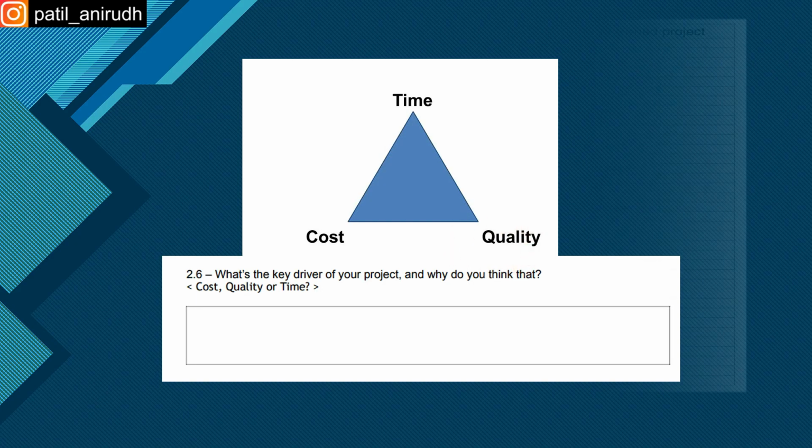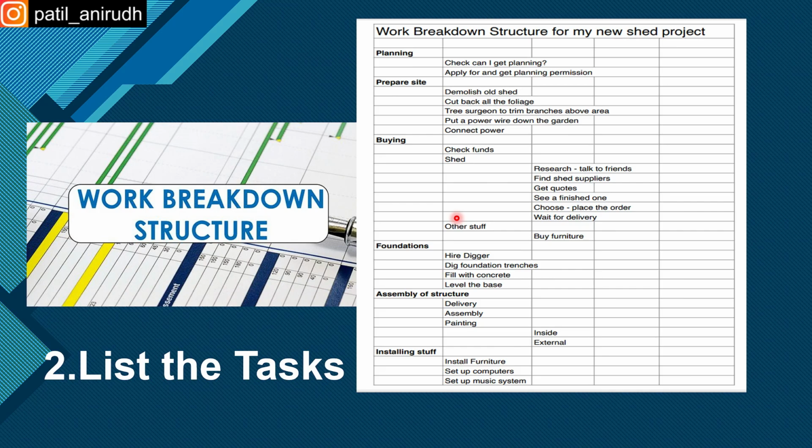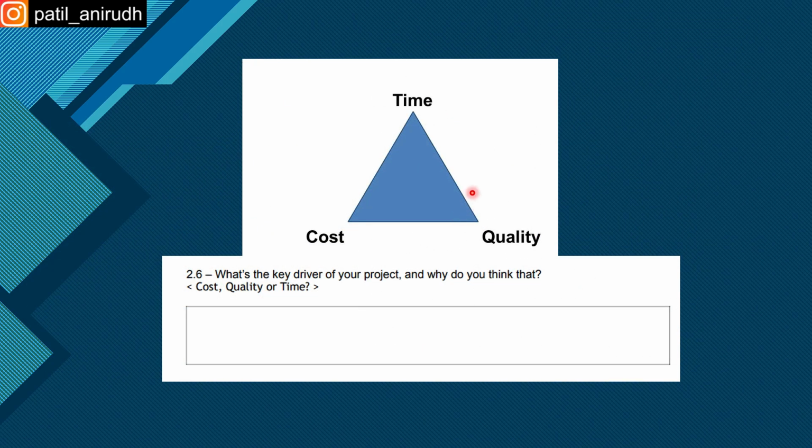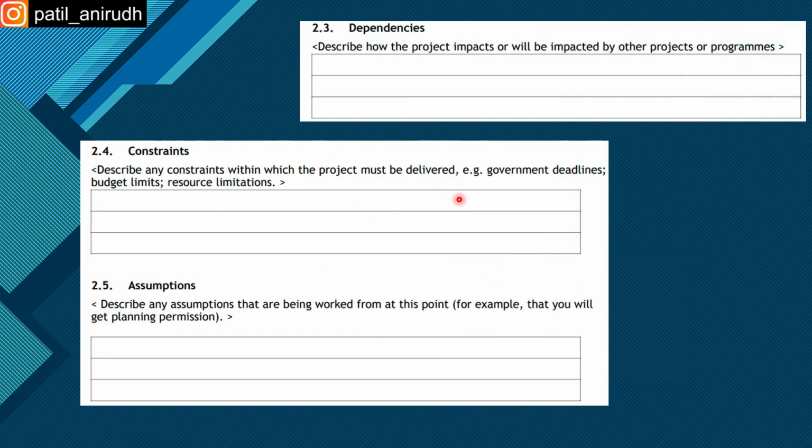Okay, so next is list the tasks. Okay, so basically in our case, we are building the YouTube or Insta studio, right? So for that, we need to start with the planning, like what niche you are going to choose on which you are going to make the videos. That is the first point. Next point is whether you are going to buy a camera, okay, a laptop to record the videos,